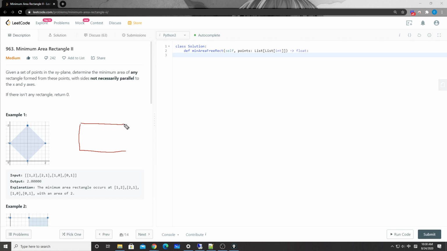So that problem is a little bit easier in my opinion, because in that problem, I believe we used two solutions. The first one is we fix 2 points. We fix 2 points, and then with these 2 points, P1 and P3, we can easily find P2 and P4. So that's the first approach we used, and the second approach was